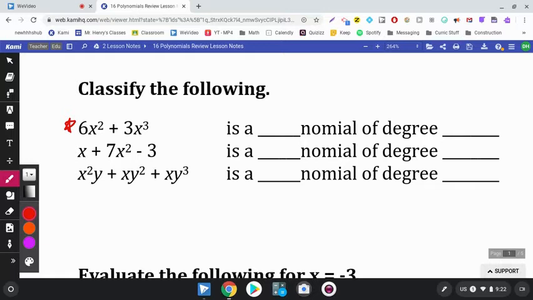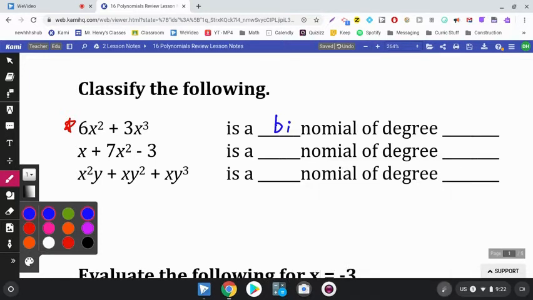It says classify the following. So when I say classify, what that meant was name, right? If it has two terms, I know a two-term could be called a binomial. Maybe three terms is a trinomial. If it's just one term, it's a monomial. And then anything bigger than that, we just call it a polynomial. And the degree,